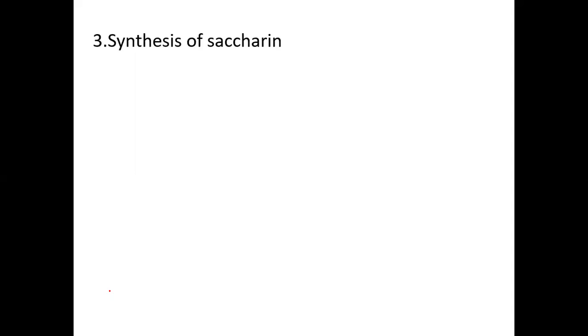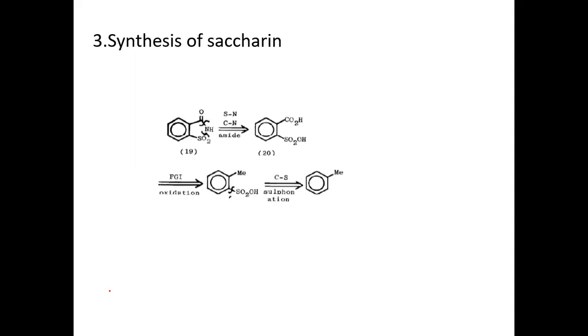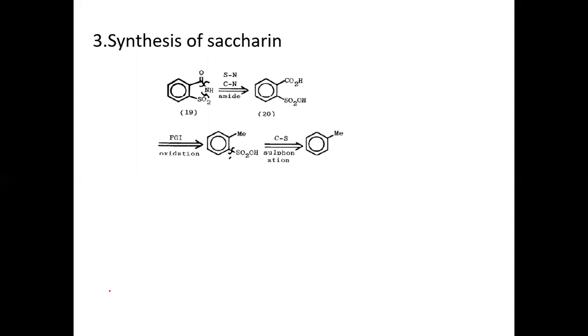Synthesis of saccharin. The third molecule is synthesis of saccharin. This is the saccharin molecule. You know that in the first step, we'll do disconnection. We are disconnecting at 2 places here, this place and this place. So we got OH group here. So this becomes acid and this becomes sulfonic acid, plus one more is amine. So this is the first disconnection.